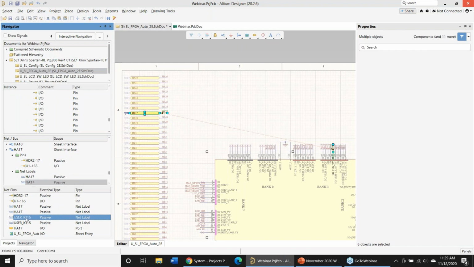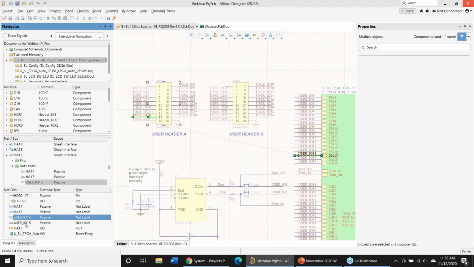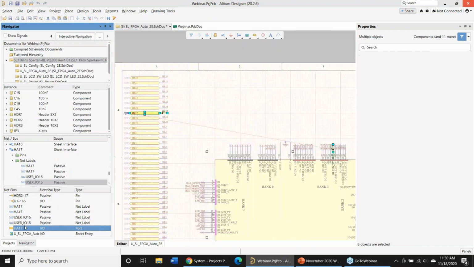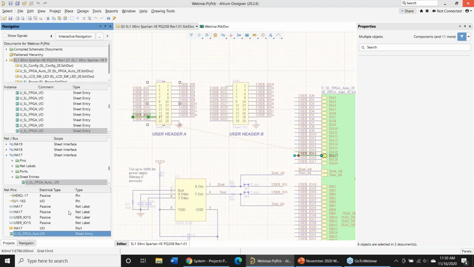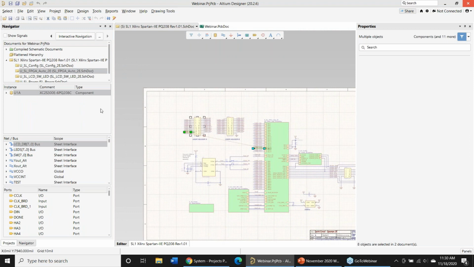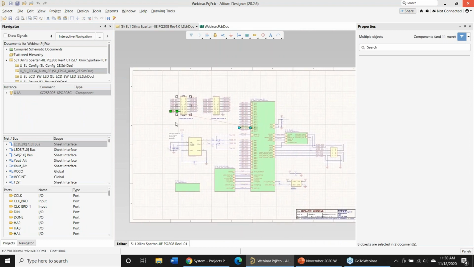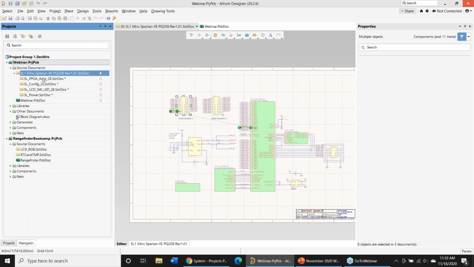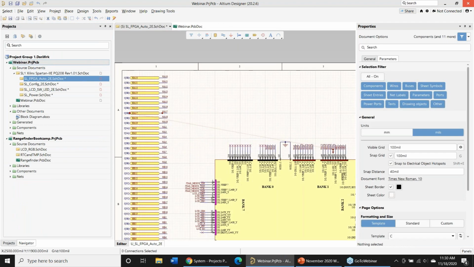Like I said, some of it's redundant because it's doing different things. But I can go through and find out everywhere that it's actually going to in this design. So that's a really nice feature that you'll probably want to use if you have a big design and you want to know where something goes. You can use your port cross references if you have ports, but if you don't have that, you can definitely use this. And again, if I go back to that sheet, and if I go to Navigator,